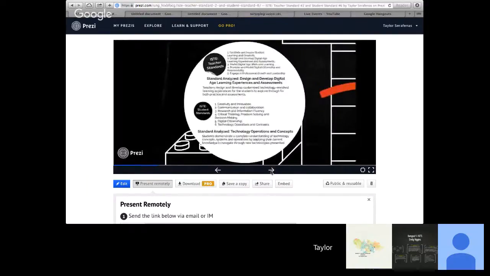The Teacher Standard for number 2 is Design, Develop Digital Age Learning Experiences and Assessments. For the Teacher Standards, it involves facilitate and inspire student learning and creativity, design and develop digital age learning experiences and assessments, model digital age work and learning, promote and model digital age citizenship and responsibility, and engage in professional growth and leadership. The standard that I chose to focus on was